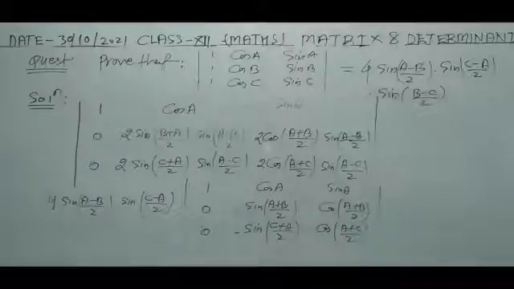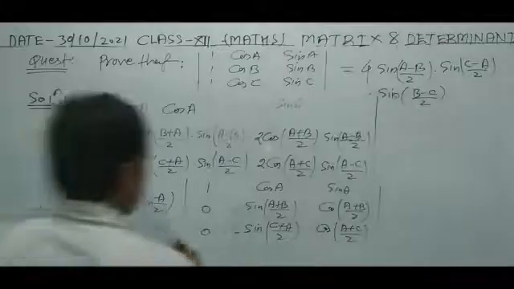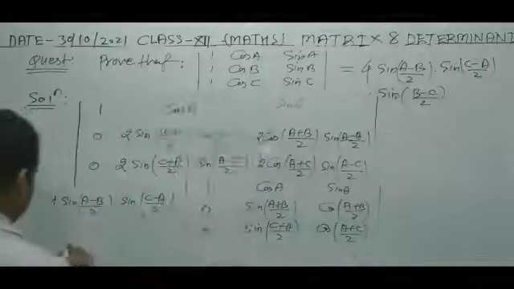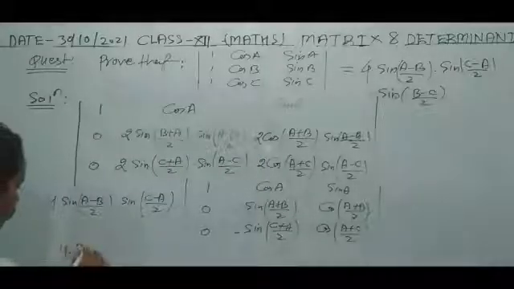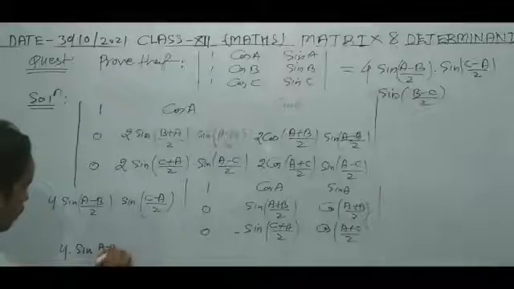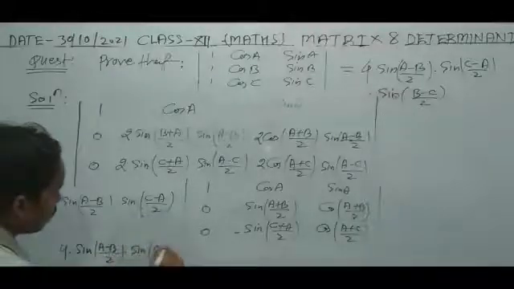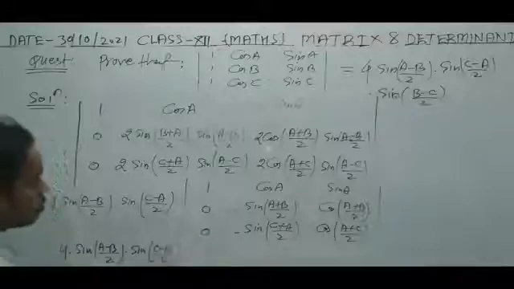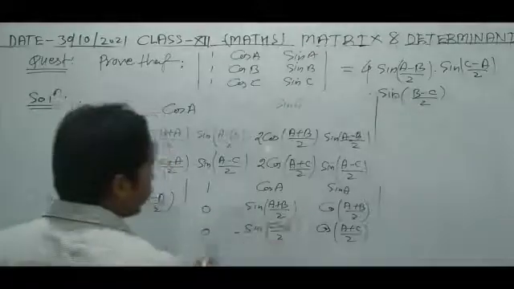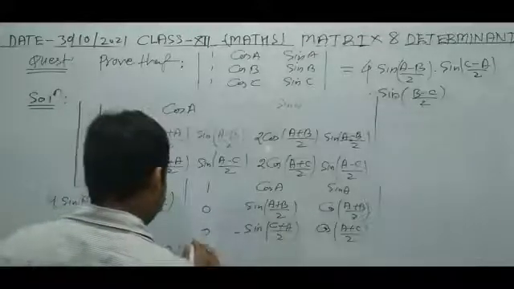Sin a cos b minus cos a sin b is the formula of sin of (a minus b). So what will be the answer? Its answer is 4 times sin of (a minus b) by 2 into sin of (c minus a) by 2, and when you will simplify, result you will get